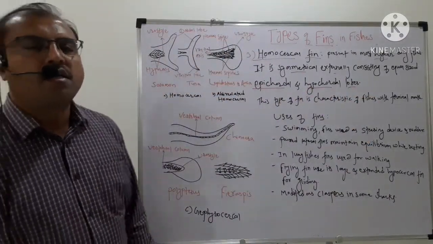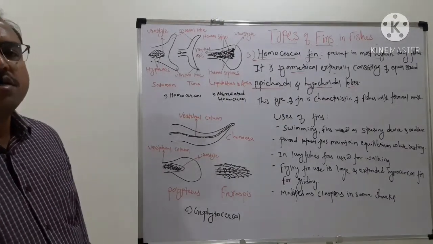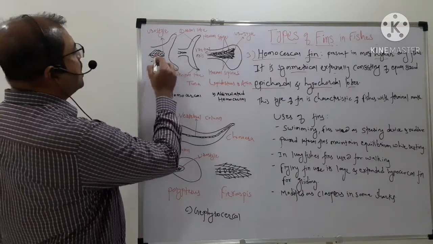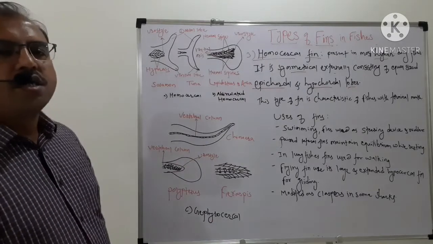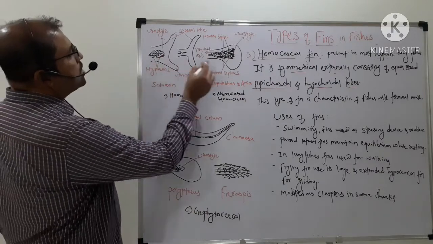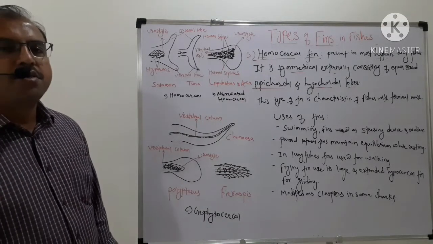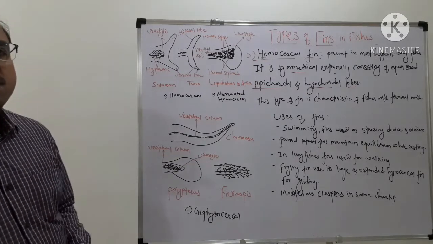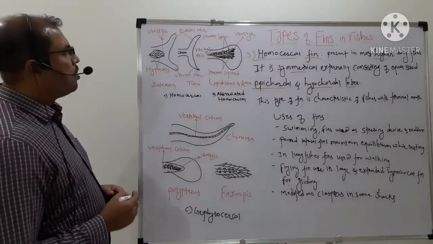Though externally these lobes look similar, internally they have certain variations. The vertebral column or ventral axis and the urostyle are not present in both lobes. They are generally reduced in some cases, while in some cases they go to the anterior epicaudal lobe. So this is the variation internally, but externally they look like similar lobes. That is about the homocercal caudal fin.